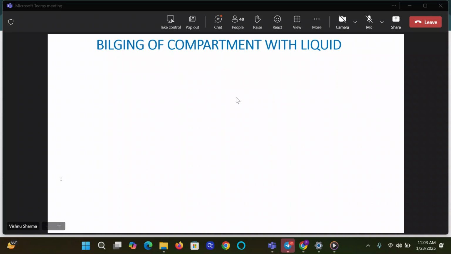For example, number one, what is the head of the seawater outside and what is the head of the liquid inside? So it will first depend on that. Second, it will depend on the size of the damage. Third, it will depend upon the weather conditions. If the weather is rough, the vessel is rolling and pitching. If you have gone on deck when the vessel is rolling and pitching, and you go past the air pipes